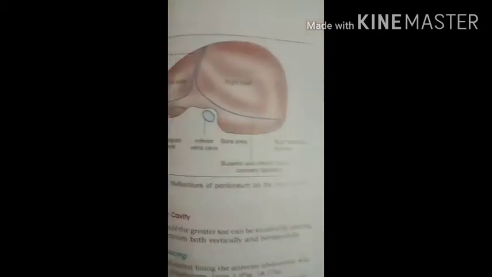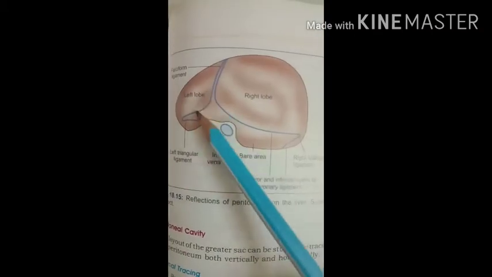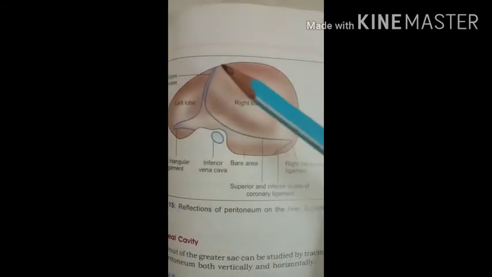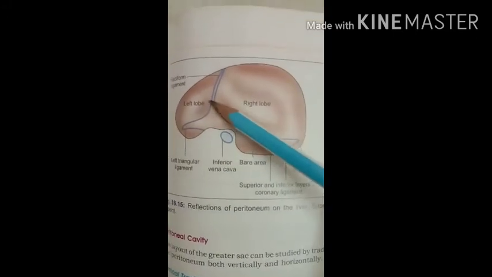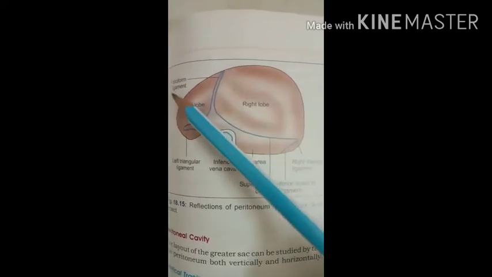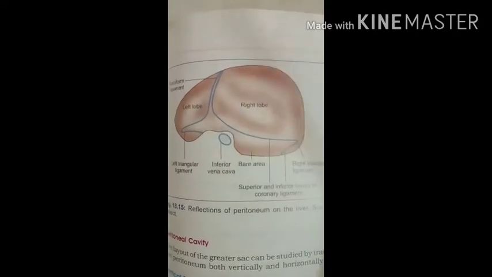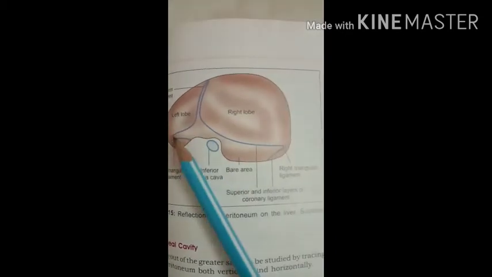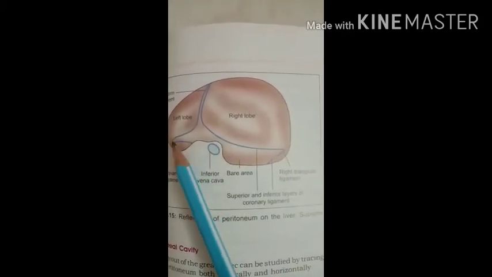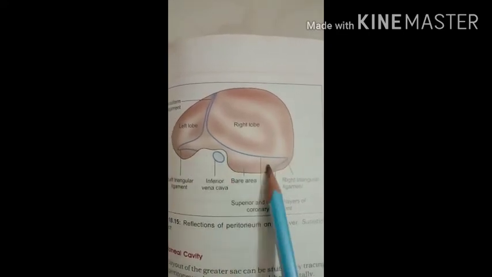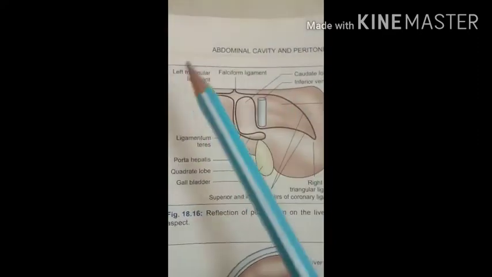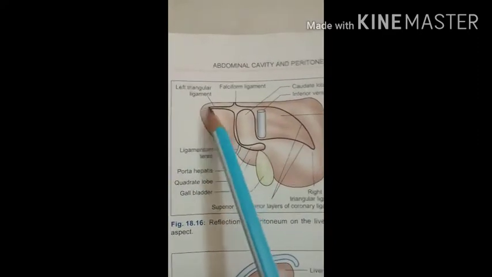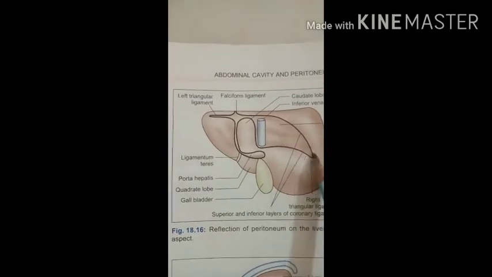Here in this diagram you can see the two sides, the folds of the peritoneum, that are attached to each other and form the ligament. The anterior surface forms the ligament that is called the falciform ligament. Then on the right lobe and the left lobe, it forms a triangular structure, called the right and left triangular ligament, which is seen on the posterior surface also. On the left side is the left triangular ligament, and on the right side the right triangular ligament.